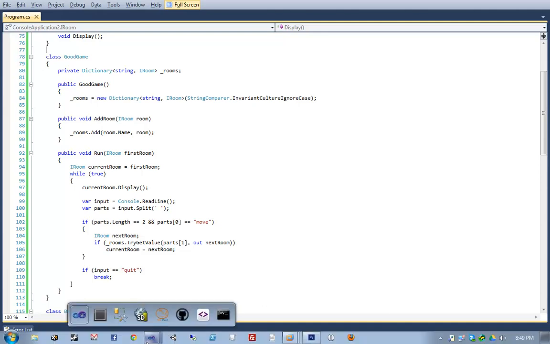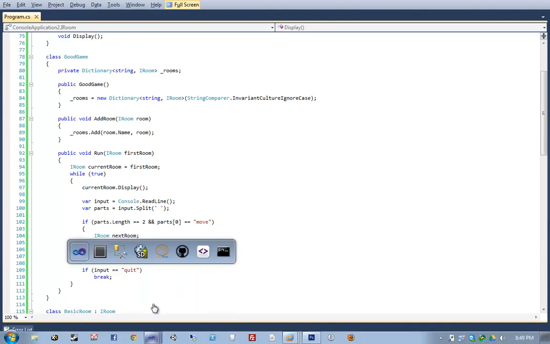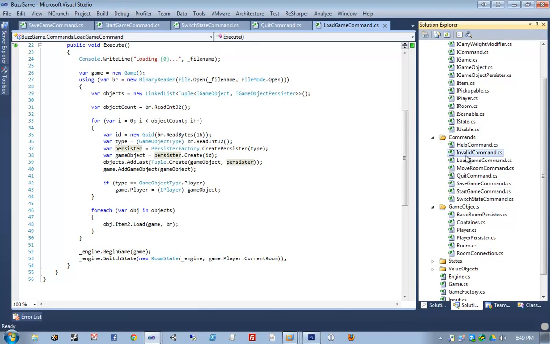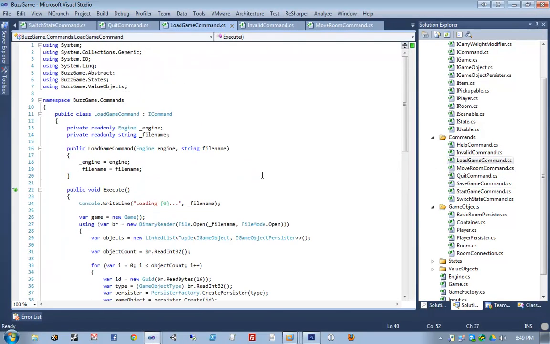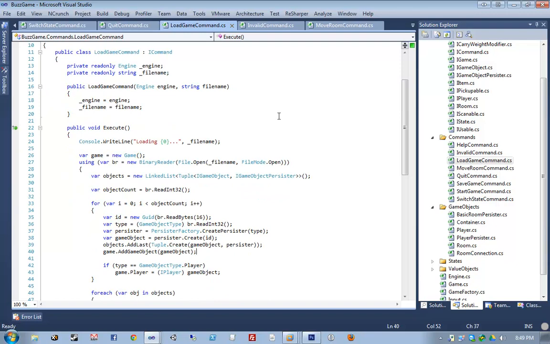And another example of OCP is our command system. Our command system is a way that we can represent OCP because every time that we want to add a new feature to our game, we add a new command. And the only time we go in to modify existing code, existing commands, is to fix bugs. I mean, that's not necessarily true. Maybe we have a